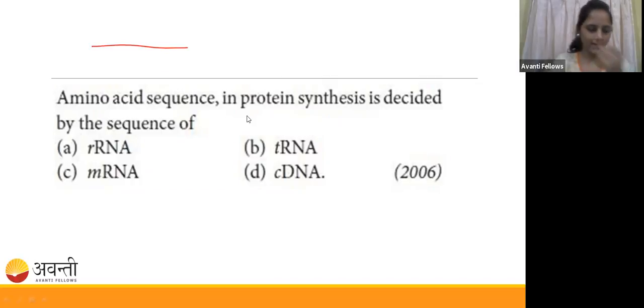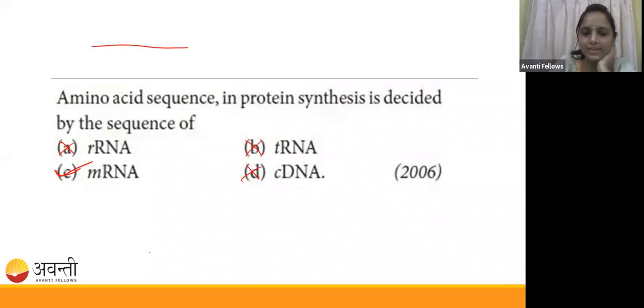Okay, sorry guys. Everyone chose option C. No one chose options A, B, and D. Okay, good guys. Very good. So the correct option is mRNA. Option A, rRNA is wrong. Option B, tRNA is also wrong. Option D, cDNA is also wrong. Right. So why is rRNA not possible and why is tRNA not possible? mRNA is the correct answer. We know that. Right. If you have any question about this, you can ask me.